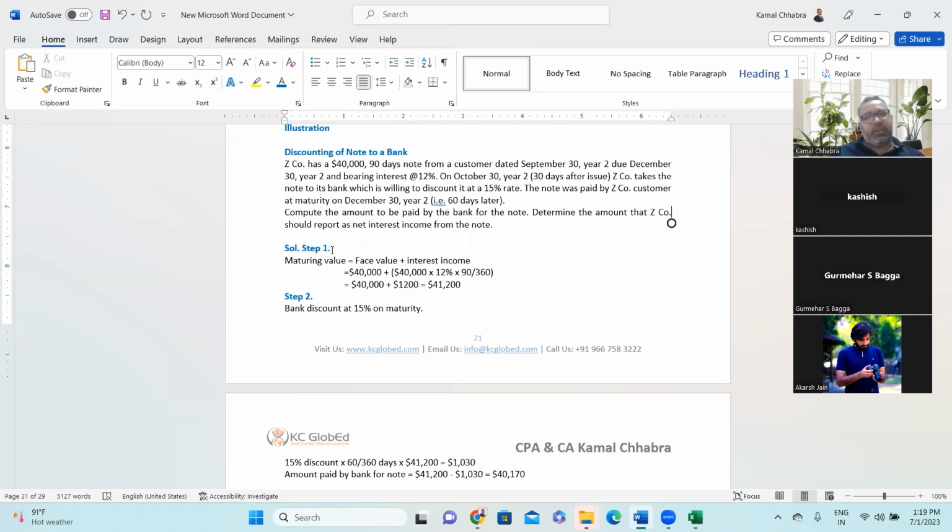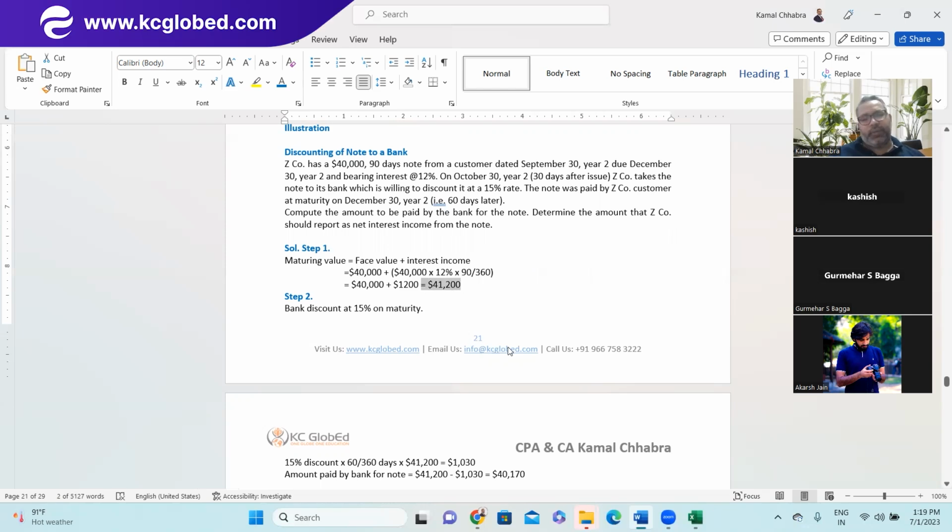Which is $41,200, right? Gurmehar, Kashish? Yes, sir. So till this amount, everyone is comfortable. How have we calculated 41,200? Now second is after 1 month, you have given this note to the bank for discounting, and